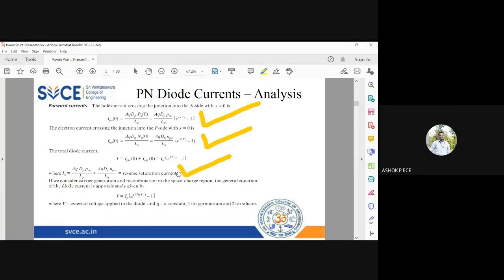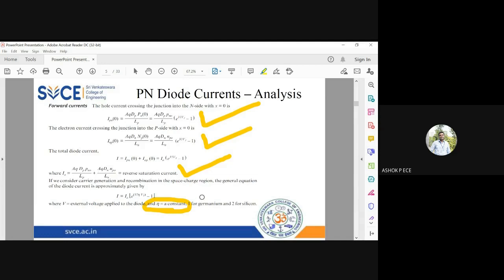So my expression for the current through the diode is going to be I is equal to I naught e power V by Vt minus 1. This is a general expression for any semiconductor. If I am going to use silicon and germanium, then I have to use a device parameter called eta. You have to include a device constant in your circuit, so I'm including that eta in the Vt term. So I is equal to I naught into e power V by eta Vt minus 1.